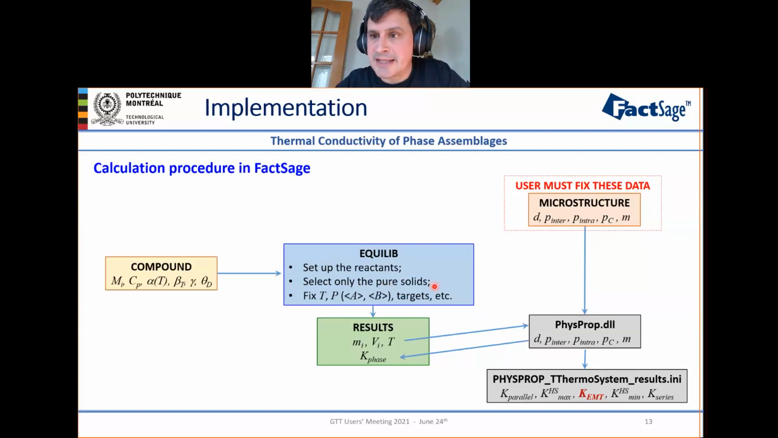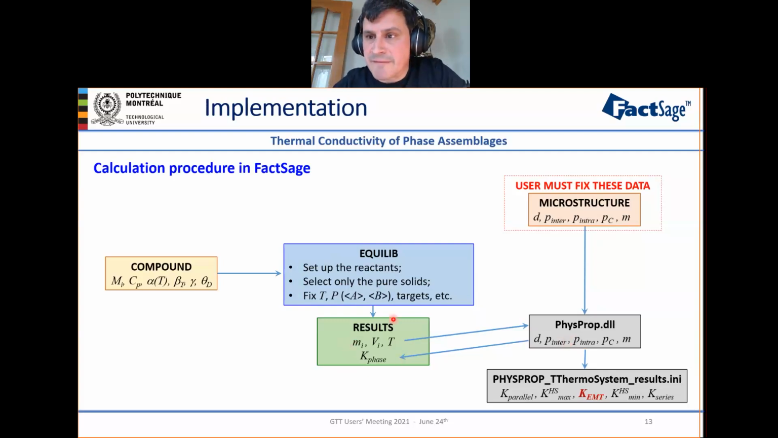So once you click on Equilib, after clicking on Include molar volume and Calculate physical properties, you click on the Calculate button, and Equilib will compute, as usual, the masses and volumes of the different phases at the given temperature. Then there is a dynamically linked library called physprop.dll that is using the stored parameters from microstructure to compute the